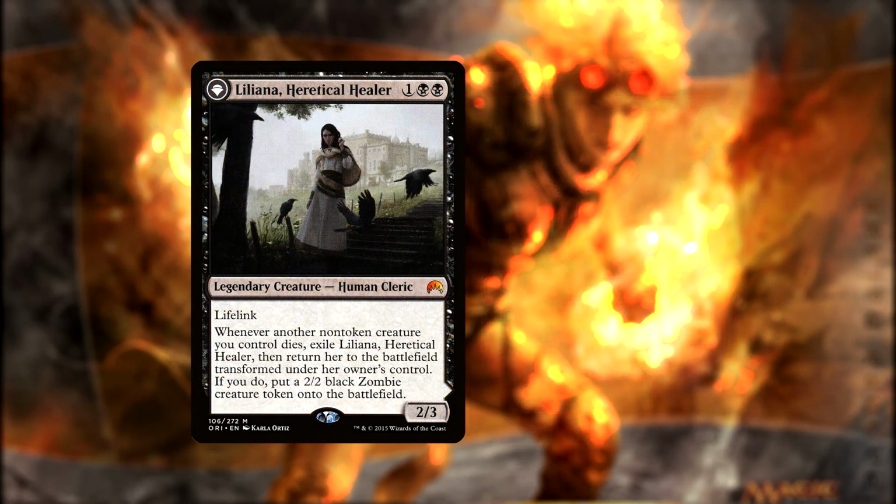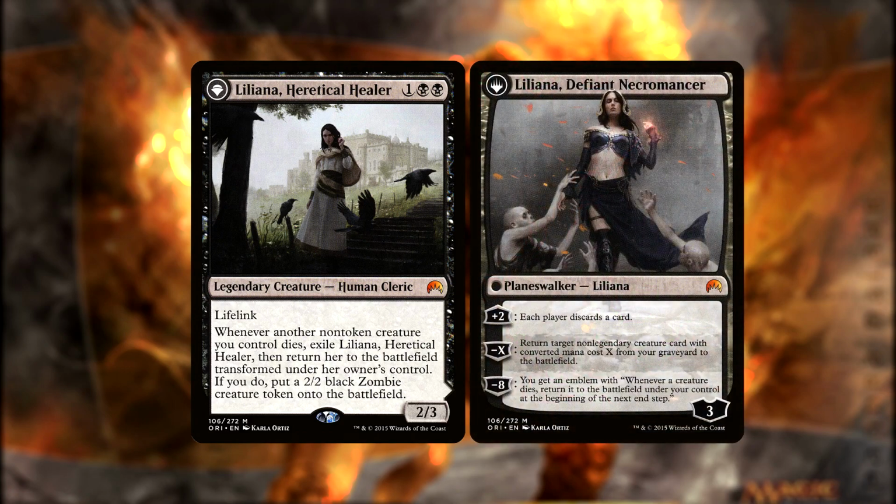Liliana has lifelink and says that when another non-token creature we control dies, we can transform her and make a 2/2 black zombie creature token. On her flip side, she's Liliana, Defiant Necromancer. She starts at 3 loyalty and can make each player discard a card, return a non-legendary creature with mana value